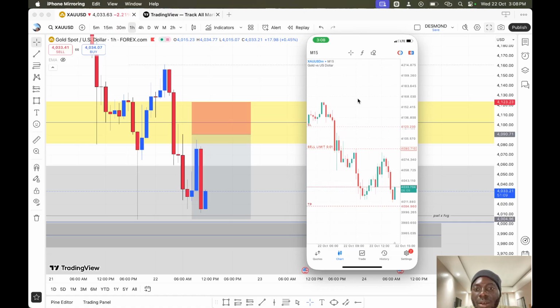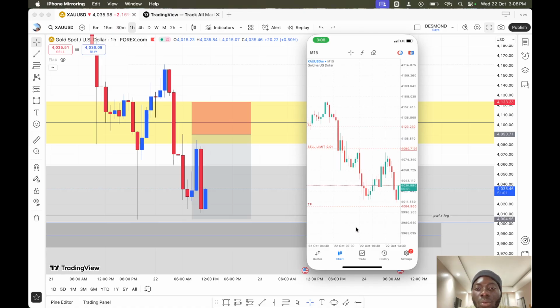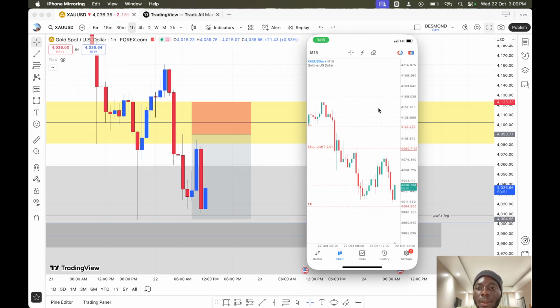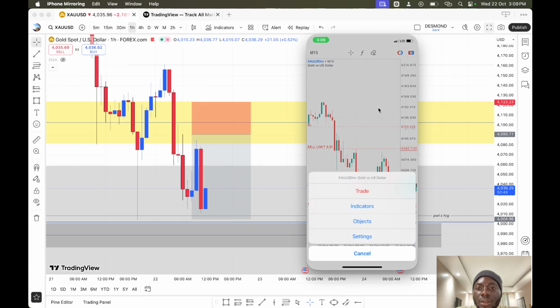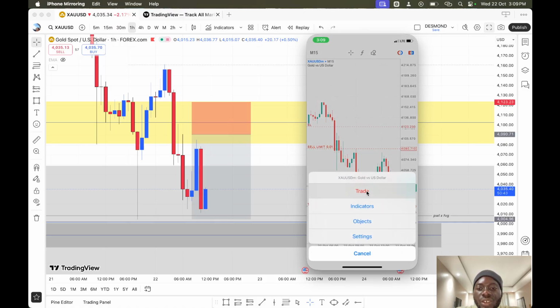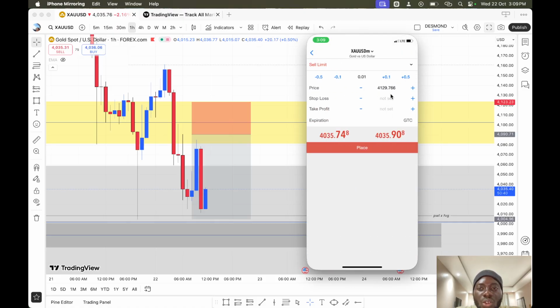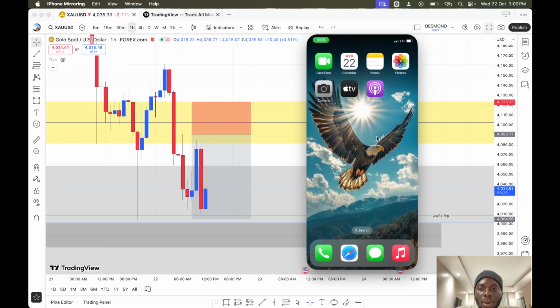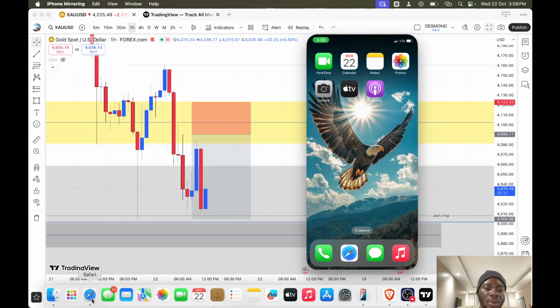This is why I love MT5. You are flexible enough to experiment on whatever you want. You can just hold it, drag it down, hold it, drag it up, do whatever you want, and it's just going to input your order for you. Now you can also come to the chart and just click the screen, then press trade. Then you still input your numbers. That's all. The last thing we are going to talk about is